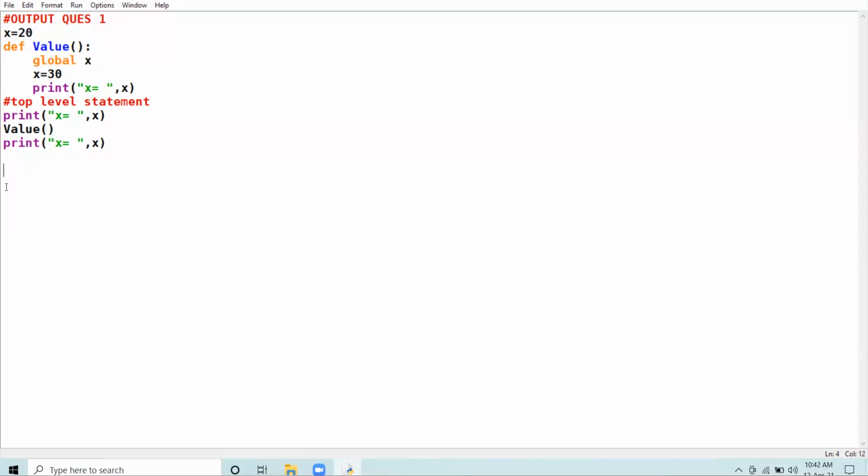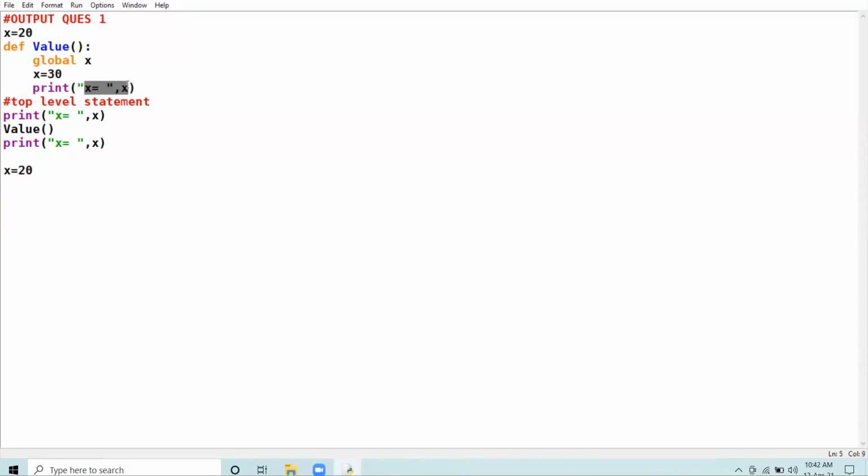Now the answer will change. First answer will be x equal to 20. Then we call the function. We went to the function. We have seen the message global x. Global x has been modified. Earlier the global x was 20. Now the global x is 30.